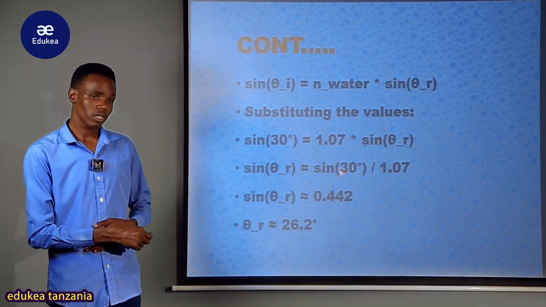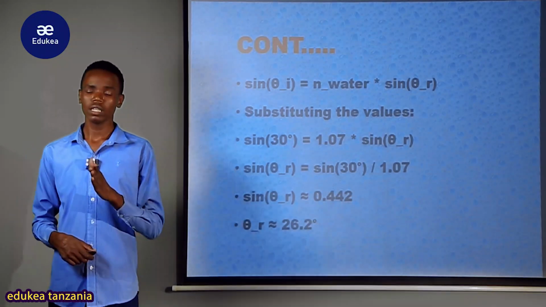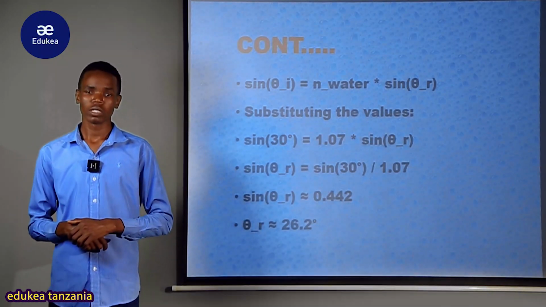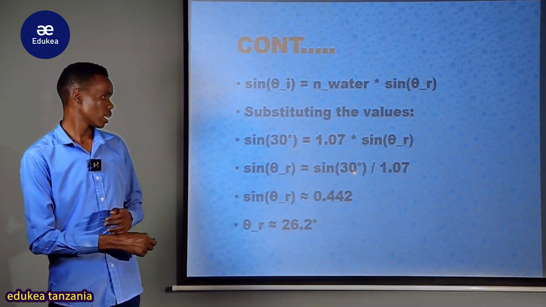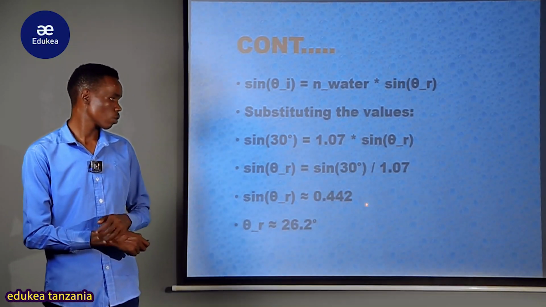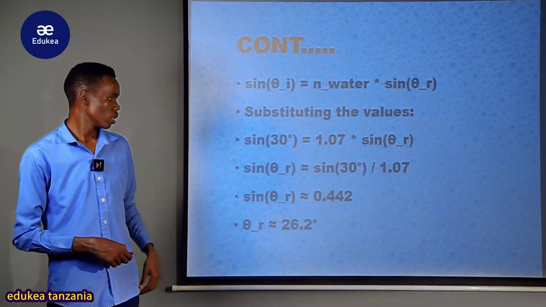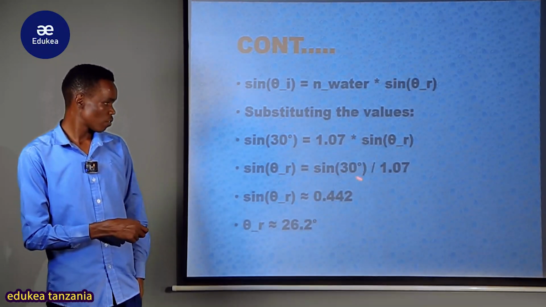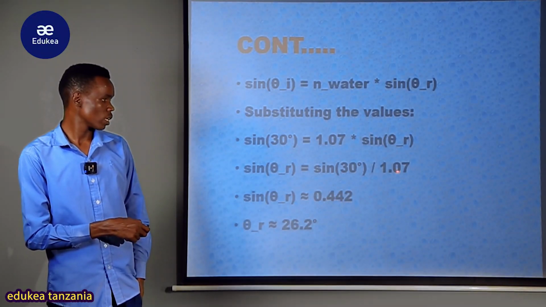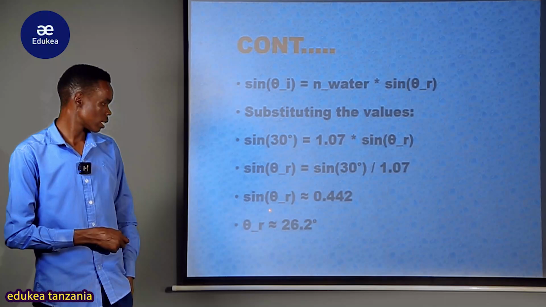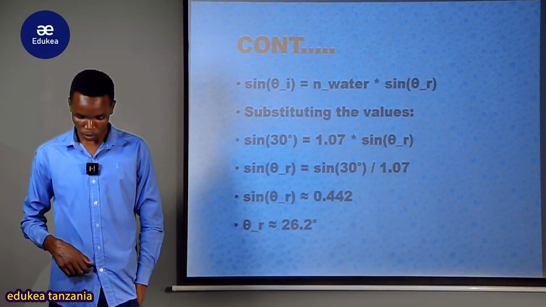Take your calculator and read the sine of 30 degrees, or you can use the special angle: the sine of 30 degrees is always equal to a half. Then take a half divided by 1.07, and you get the sine of the angle of refraction equal to